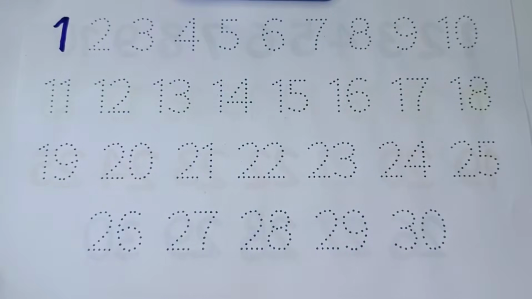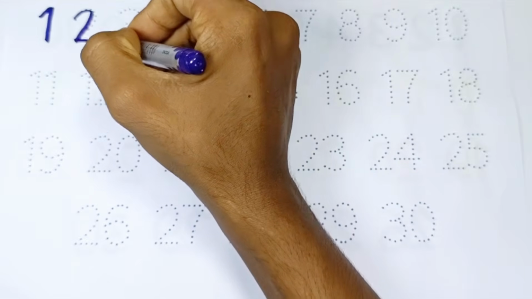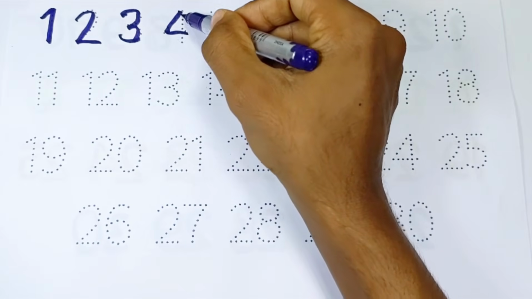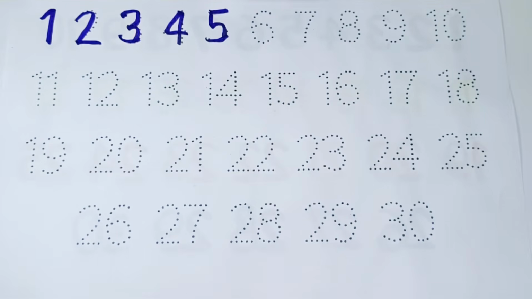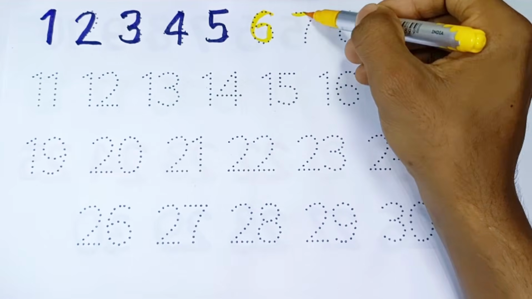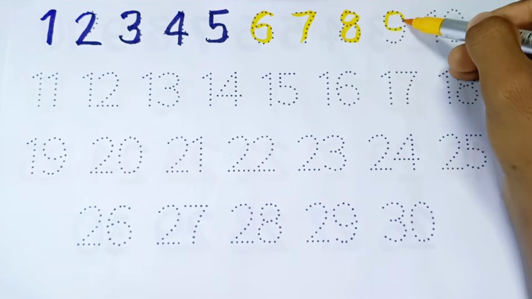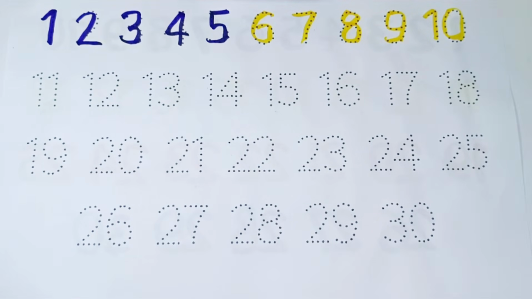One, O-N-E, one. Two, three, 4, 5. Okay, so now you draw 6, 6, 7, 8, 9, 10. Okay, so now you draw 11,